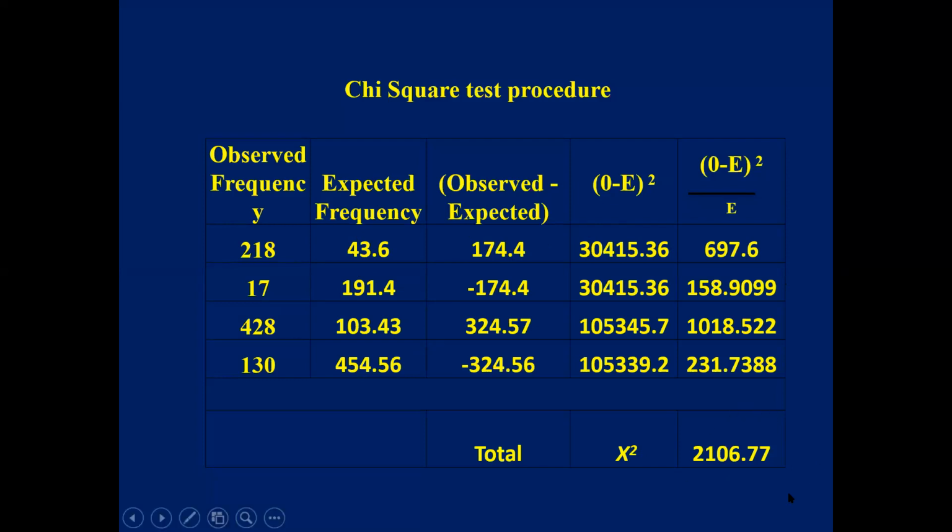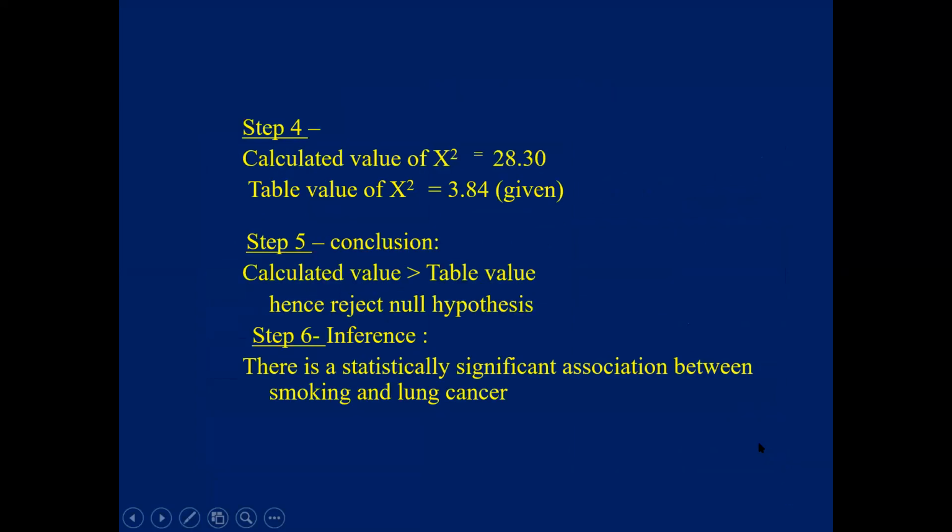And this chi-square value is compared with the table value of chi-square. In the last class, I told you if the calculated value is greater than the table value, we reject the null hypothesis. Here the calculated value is 2.06 and the table value is 3.84. It is given in any textbook, or online if you just type table value of chi-square, you will get the whole table. From that you can find it is 3.84.